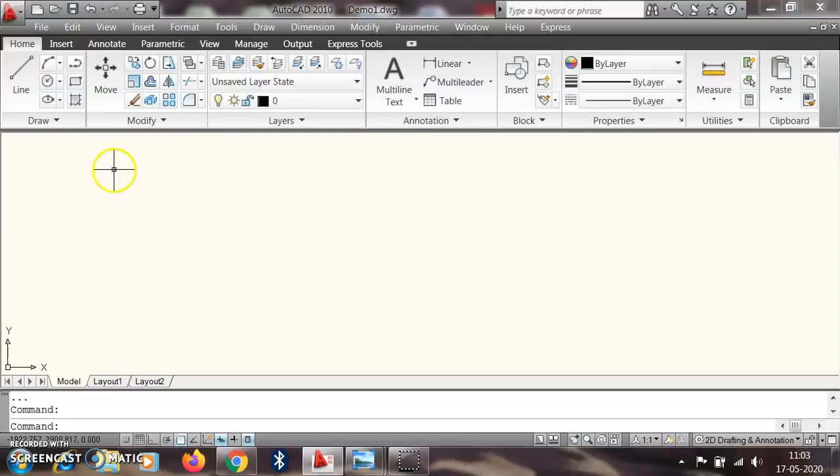So what is a menu bar? Whenever you visit any hotel or restaurant, there is a card, and you call that card a menu card. What is available in that particular restaurant is given on that menu card. In the same way, here the menu bar shows what is available in this software, and we will study it.